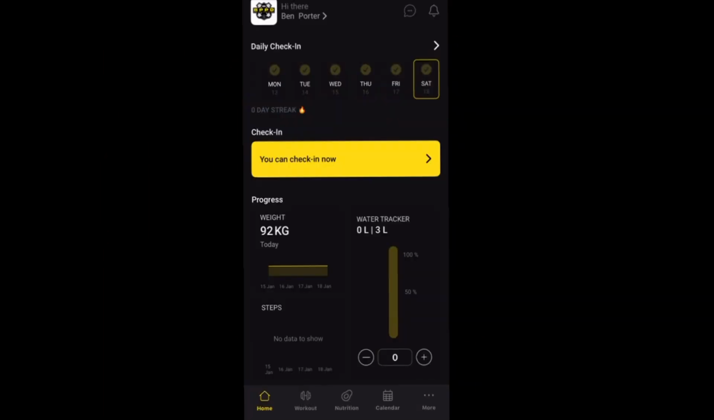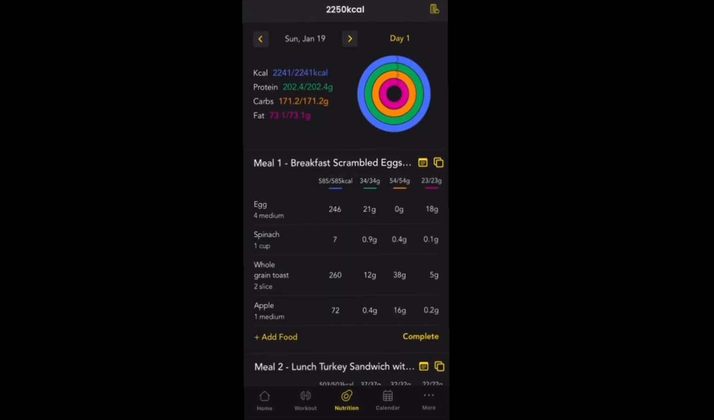Okay, let's look at nutrition. So down the bottom there in the middle, you'll see the nutrition tab. So much of what you're going to achieve is going to be done through this section of the app. Okay, so food is so important when it comes to what we're trying to achieve. So if we look at the top there, it's got